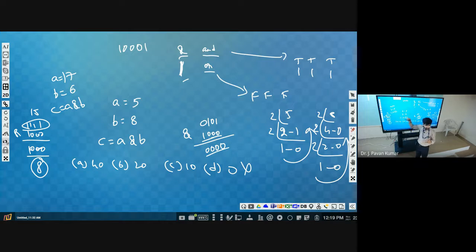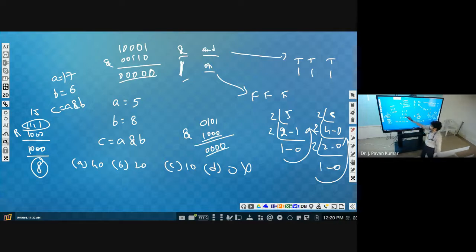Okay, this is the binary equivalent. Next, 6 is actually 110, and we can put a 0 before that. Now perform the AND operation. This is 1, this is 0. So what is the answer? 0.